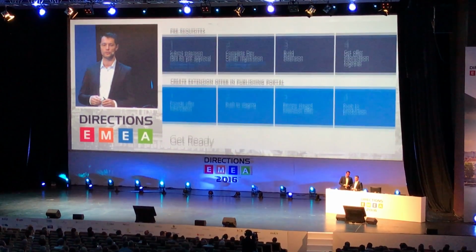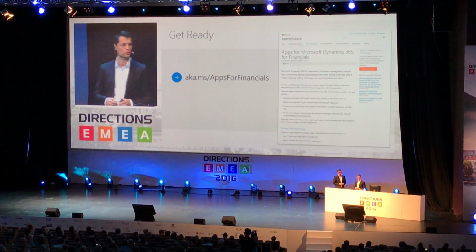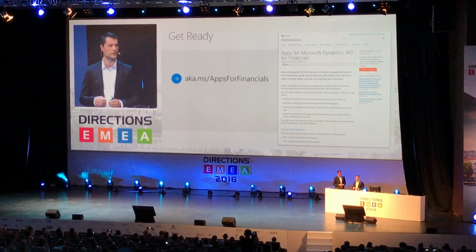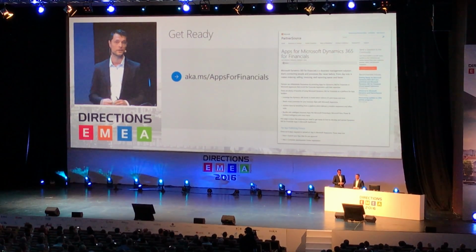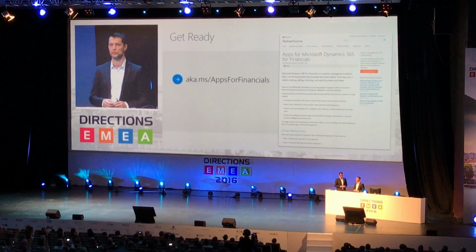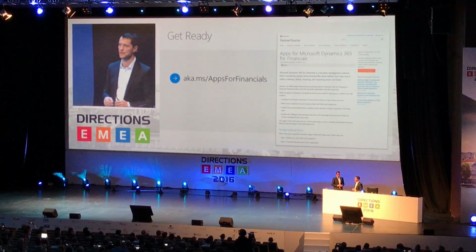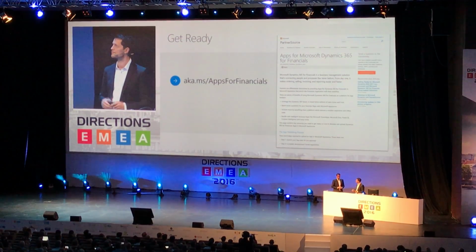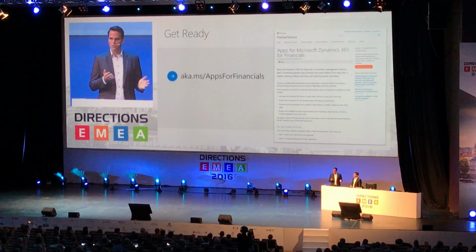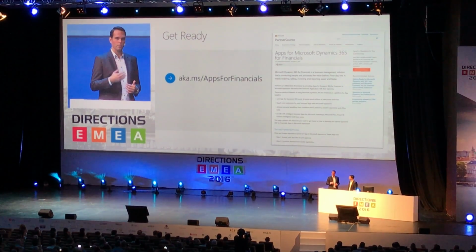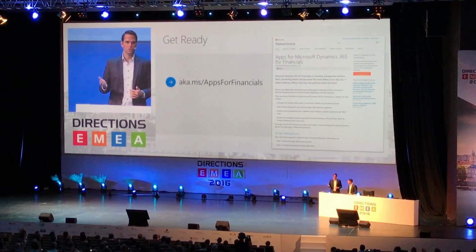And if you want to know more about this, you can go to aka.ms/apps4financials, where you'll see all this information in detail. And I believe that we also run a session where we will walk through the steps in detail to get into AppSource. So every journey to AppSource starts with building an extension. And over the last year, there have been many questions about extension